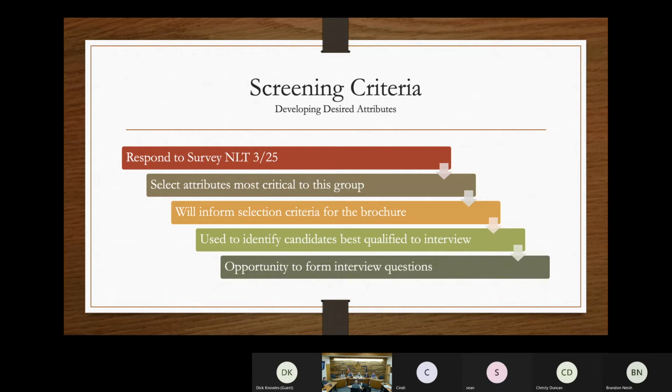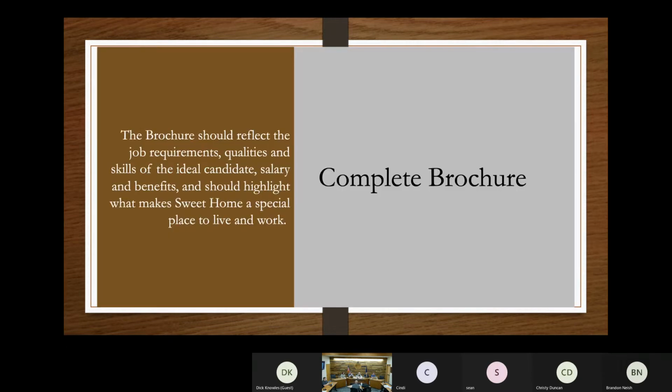But it's really, what do we want to get in front of us first in terms of who we want to interview, and then utilizing the other attributes as a basis for later interview questions. That also will help inform the brochure that we'll be drafting with Christy and getting before you. And if we want to go to the next slide.